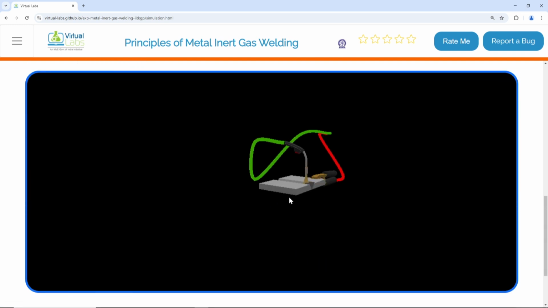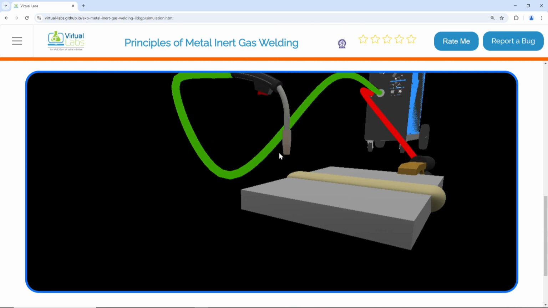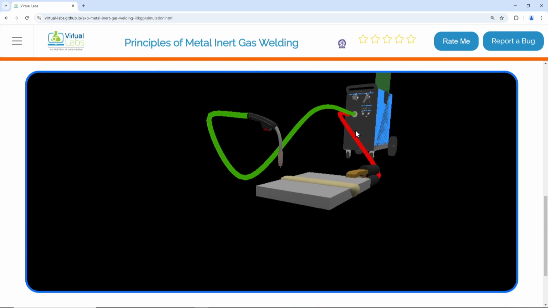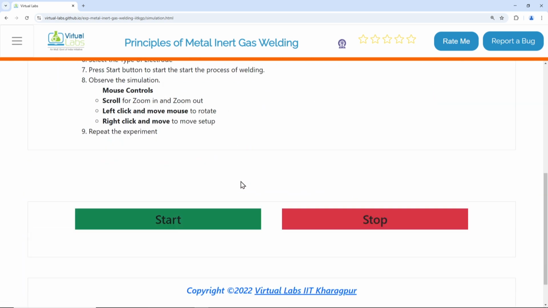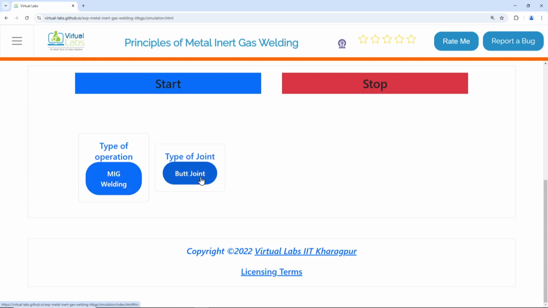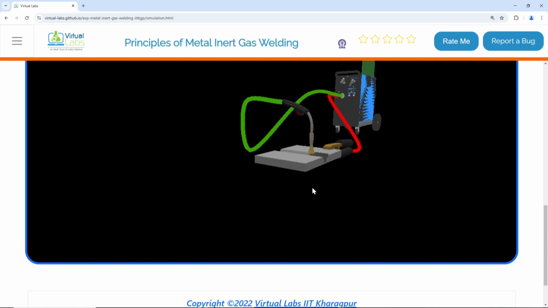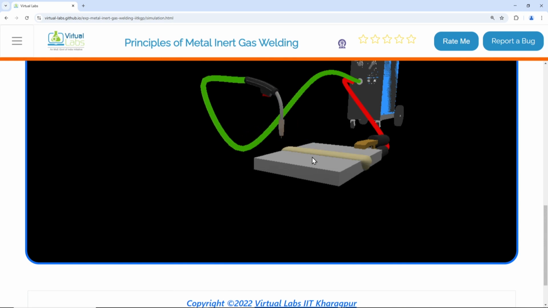So this is the simulation that is represented here. You can see here. So this is the welding that is completed. So this is the simulation here. This is the whole system or equipment kept here. So let me stop. Just to show you once again, I select the different variables and start the process. You can see the nozzle is supplying the electrode material and the welding material in the form of wire, and it is being transferred here, and this is what we have gotten is slag over the weld.